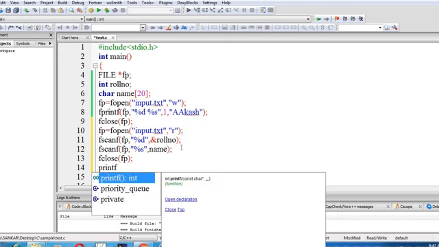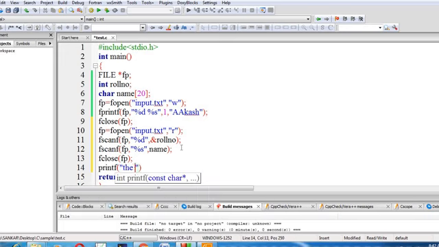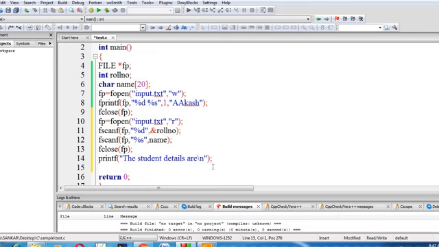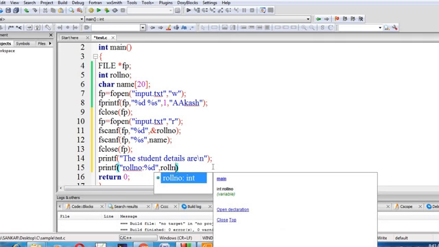Printf, the student details are. Printf, roll number colon %d, comma roll number.